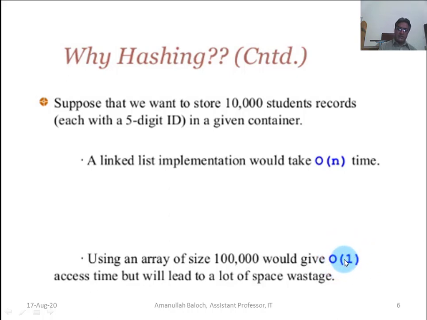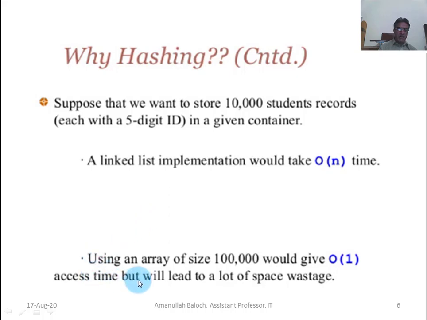It will search the record of a student in O(1) time. By giving it the roll number, it will jump to the index which belongs to that specific roll number. Then it will take O(1) time, and it is a much smaller time than O(n).